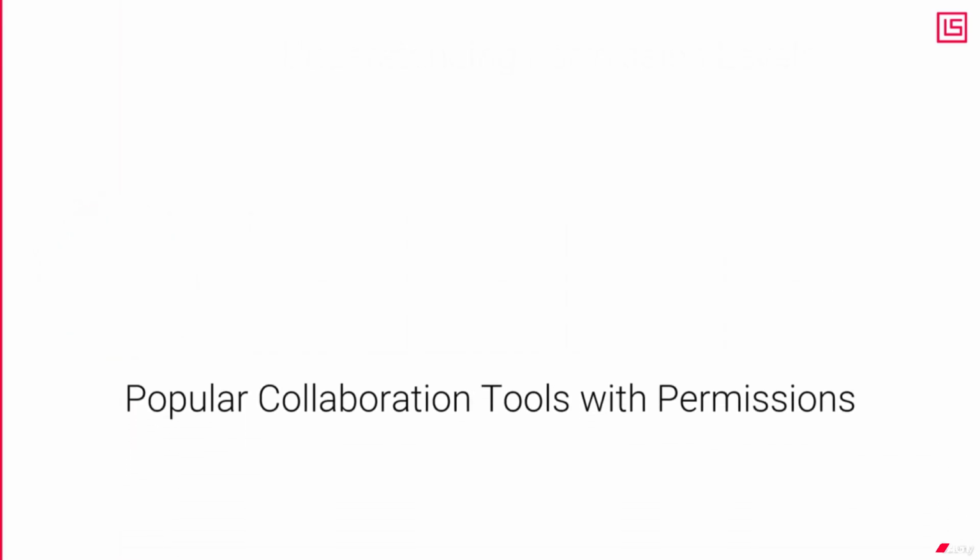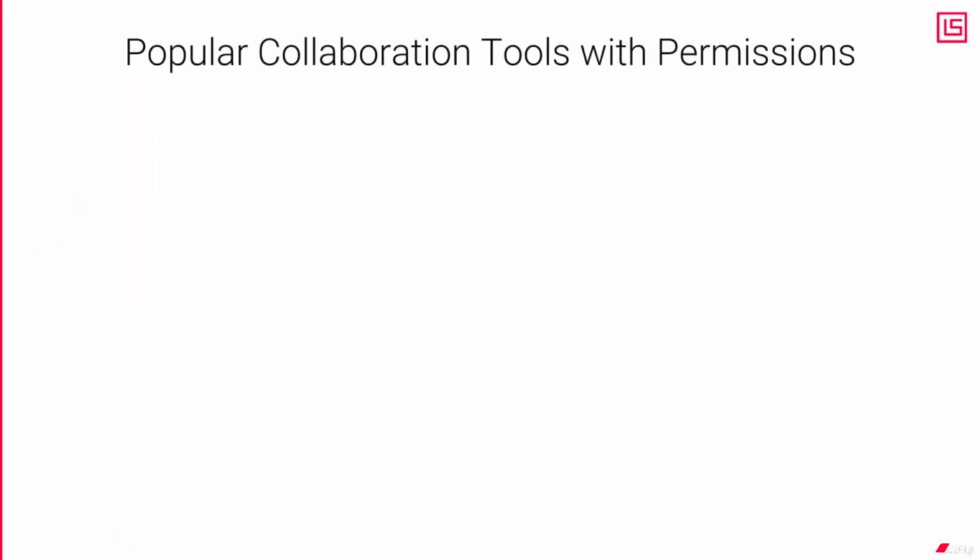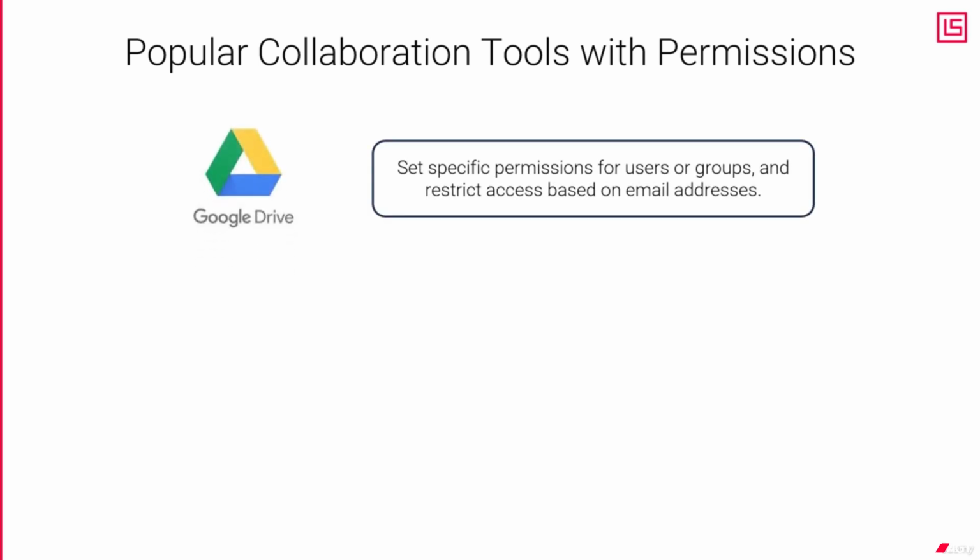Let us look at some common collaboration tools that offer robust permission features. Google Drive allows you to set specific permissions for individual users or groups. You can even restrict access based on email addresses, ensuring only those invited can access the information. Microsoft OneDrive offers similar permission controls to Google Drive,